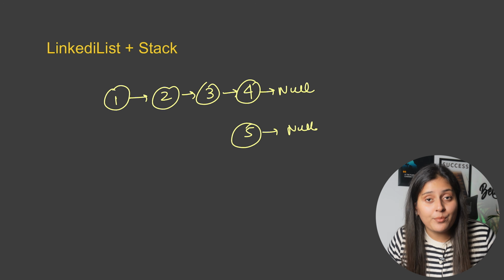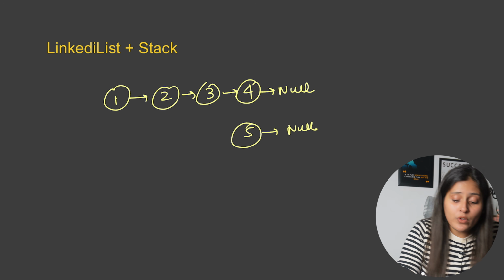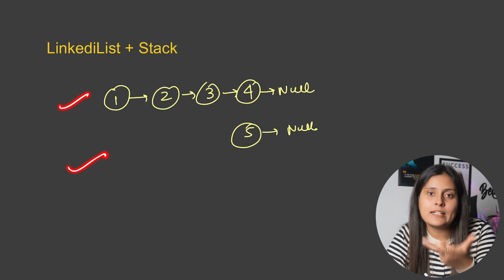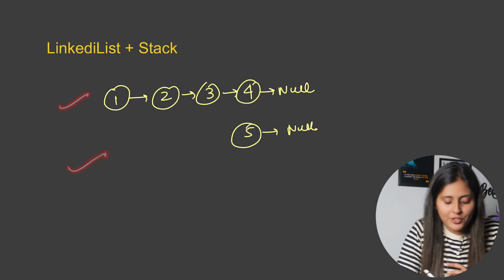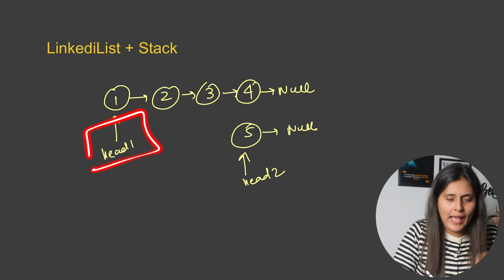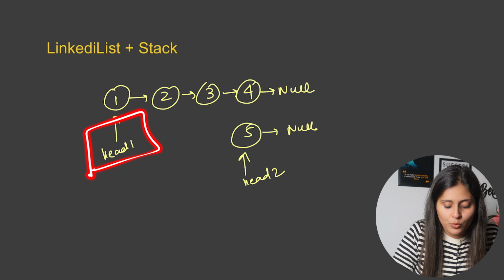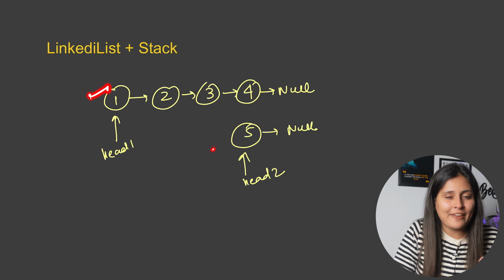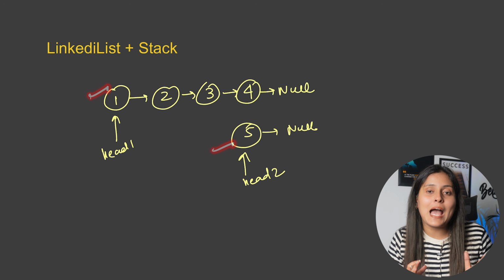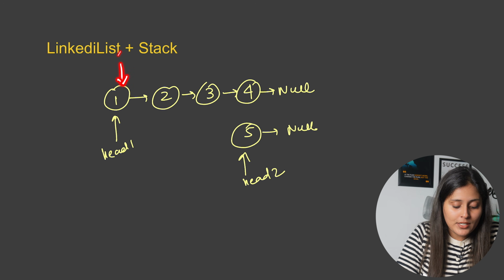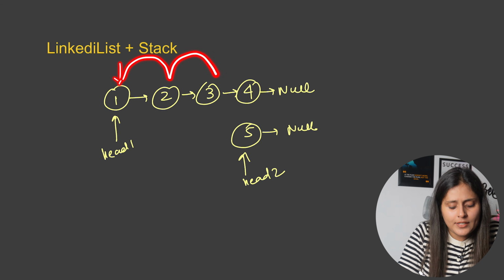So there is a very special problem called add two numbers, where you will be given 2 linked lists and you have to add them and then return a single linked list. You will have 2 heads in this case, head 1 pointing to the head of the first linked list and head 2 pointing to the head of the second linked list. And you know that this 1 you cannot add with 5. No. Addition always happens from the right side. So in this case you have to start from the head pointer. You need to move to the next pointer, then again next pointer, then again next pointer.